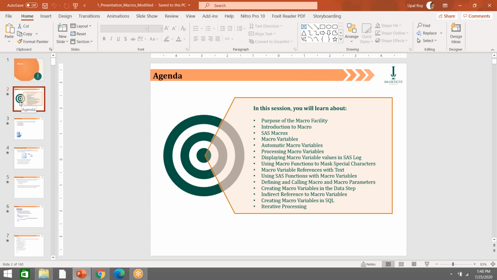So let us look at what we will cover in today's and tomorrow's class, and how we can use automatic macro variables. First, we'll understand what a macro is and its purpose. We have already understood a bit that if there is a repetitive task, you can use a macro. Then we'll understand various macro variables: global macro variables and local macro variables. We'll understand automatic macro variables, processing macro variables, and displaying macro variables using the SAS log, using macro functions in